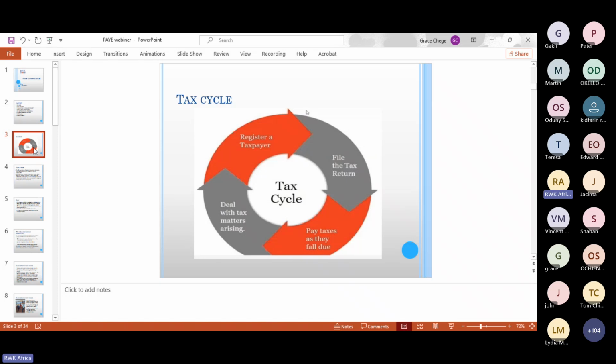So we're going to start by discussing the tax cycle. And under this, the first stage of being compliant